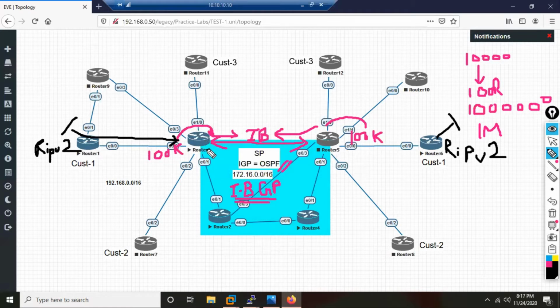R3 will check its routing table or FIB table. In the FIB table, it will show that, to go to this particular network, let's say network X, the next hop is R5. The routing table will show the next hop is R5, but the FIB table will show the next hop is what? R4. And that's the reason R3 will forward the packet to where? R2. Once the packet lands on R2 for network X, R2 will open up the IP header.